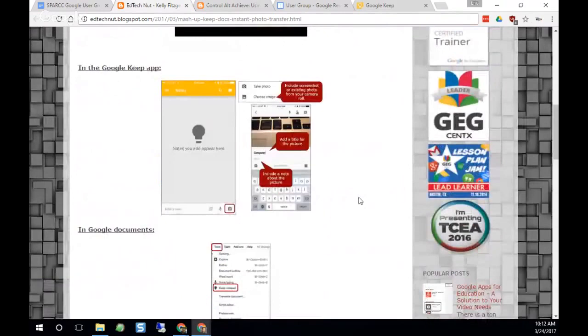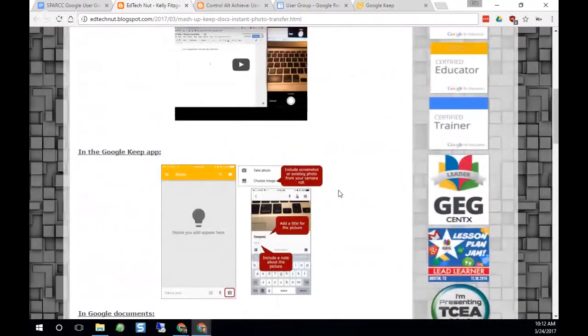And her suggestion was, if you're at a conference and somebody puts something up on the screen and you want to grab a picture of it because you're taking notes. So you're sitting at a conference, you're trying to take notes. Well, just take your phone, take a snapshot of the screen real fast of what the presenter is presenting, keep on taking notes, give it a moment because it'll take a minute for your picture to upload to